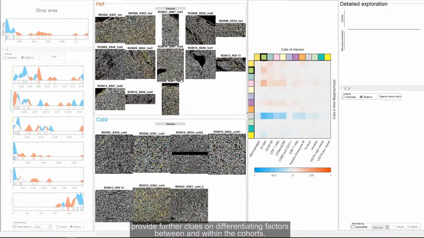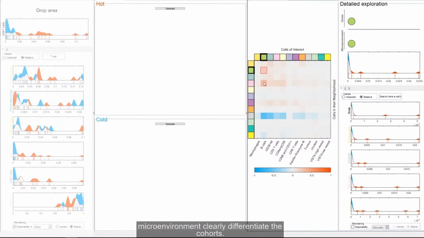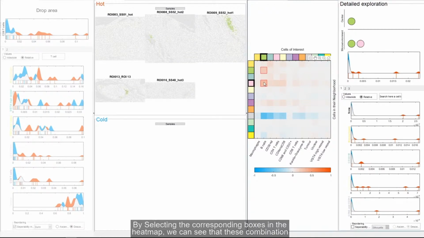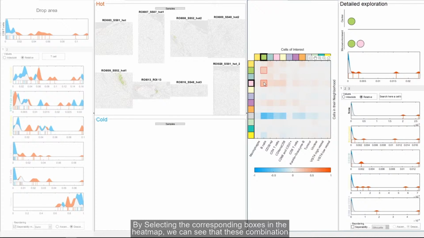Having identified that T-cells and macrophages differentiate the two cohorts, we move forward to explore whether their multicellular microenvironments can provide further clues on differentiating factors between and within the cohorts. Already from the differentiating heat map, we can see that B and CD4 T-cells in the B-cell microenvironment clearly differentiate the cohorts. By selecting the corresponding boxes in the heat map, we can see that these combinations are available in 8 samples of the hot cohorts, but they do not exist in the cold cohort, as indicated by the empty